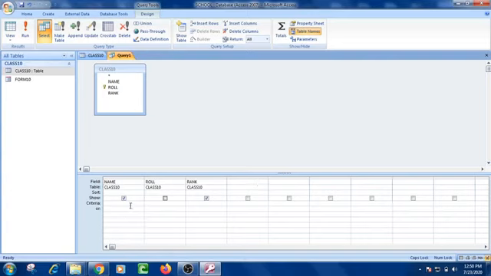Now first come to the query. In the query I have given the condition that only those having roll number more than 2 will be displayed in the record.